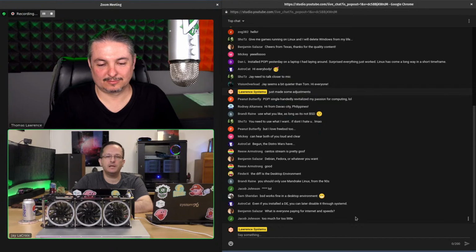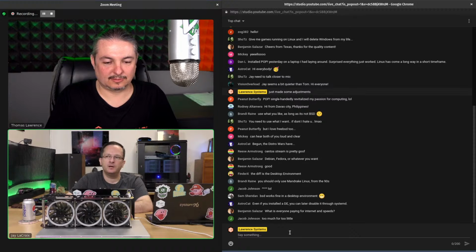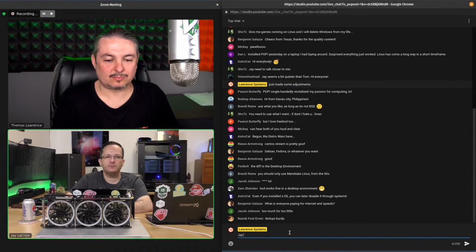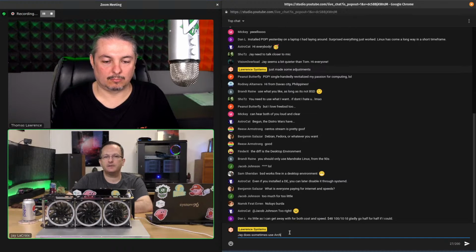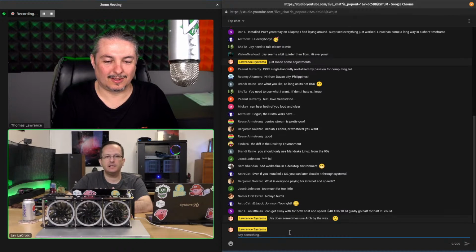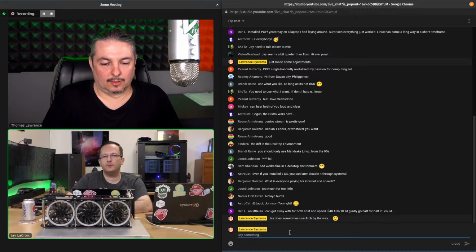It is one of the oldest distributions, one of, if not the first distributions with a package manager, which to us now doesn't really seem like a big deal. Every distribution has a package manager. You can use the command line to install a package and it brings in a bunch of dependencies. When I started, I had to figure out the dependencies myself. I didn't have the luxury of package A requiring packages B, C, and D and it just installing them for me. I literally had to remember what is a dependency of what.